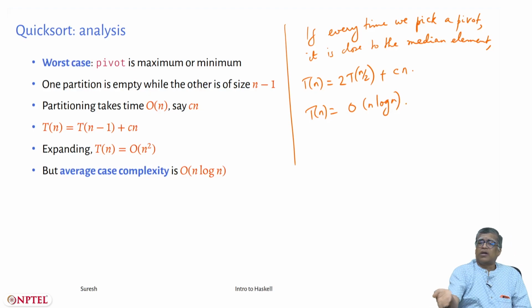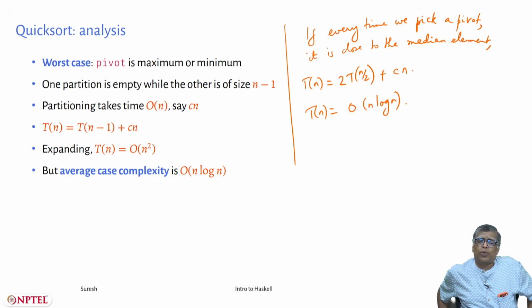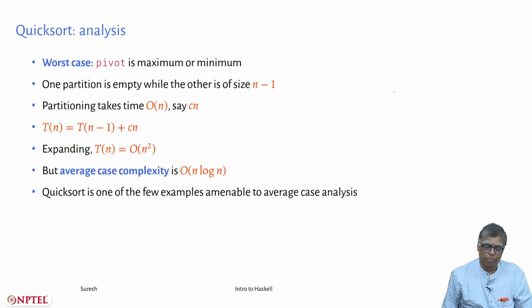Right, but you cannot make such an assumption. What people have done is actually, for quicksort, they have figured out the average case complexity. They have done the mathematics to look at the time taken by this quicksort over all inputs and then averaged. Okay, and it turns out to be order n log n. So you can do this estimate for quicksort, but you can't do such an estimate for all algorithms. Okay, it's a difficult process.